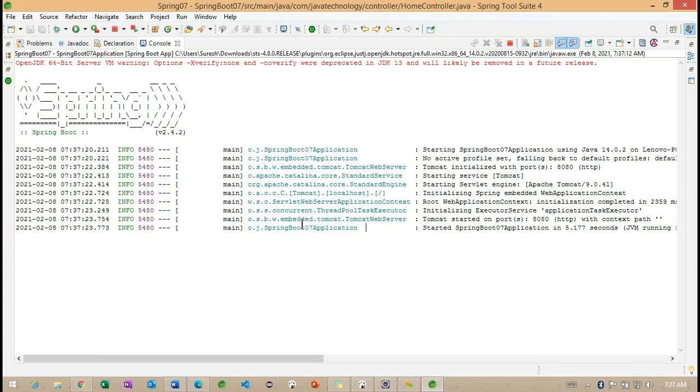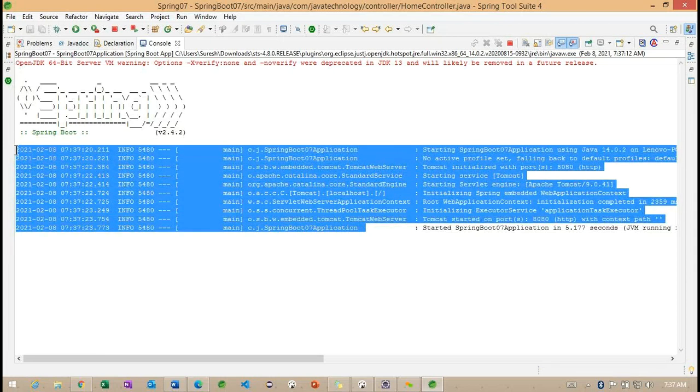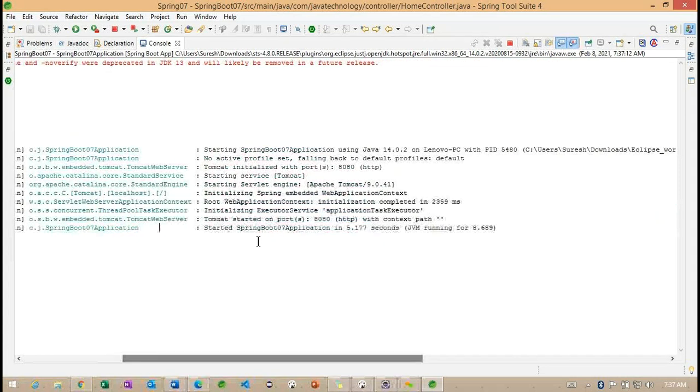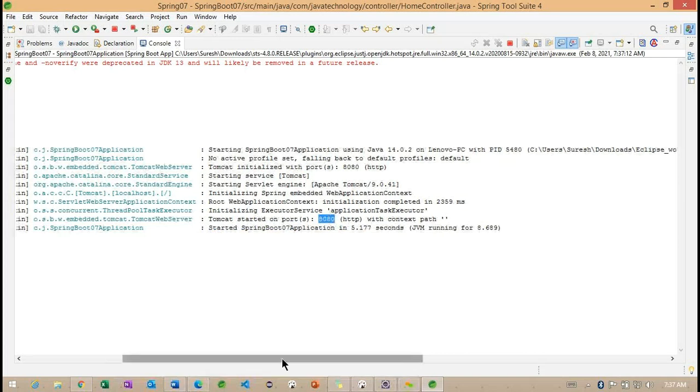Basically, this is the logging information we are getting. Whenever we are running any Spring Boot application, by default, logback is one logging framework available. So it's going to provide this information. Now observe here, the application is started, and this is the port it is running. Which port here? 8080. Getting the point.